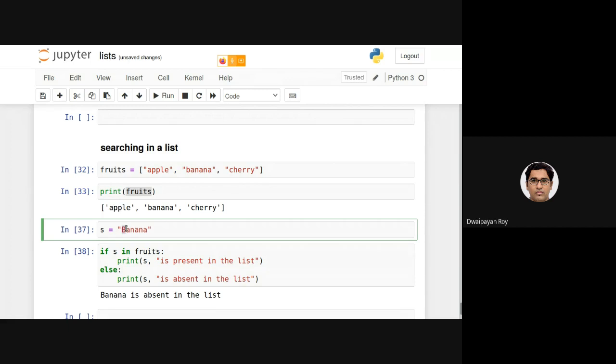So with the knowledge of the strings, we can also make this case insensitive, right? For the time being, it is case sensitive. So how to make that? We can specify just lower. In that case, s will be basically small banana.